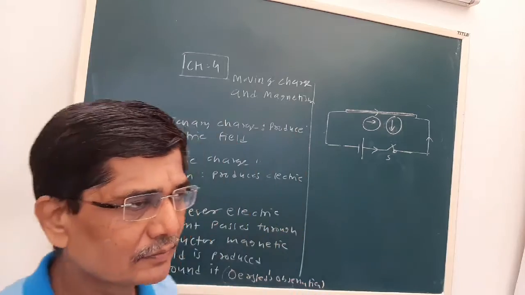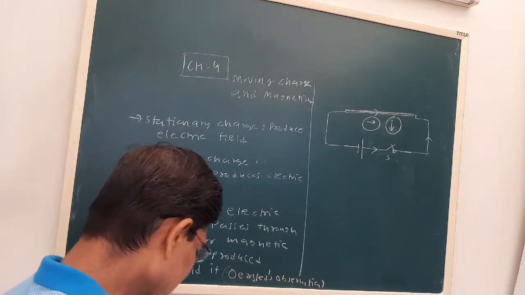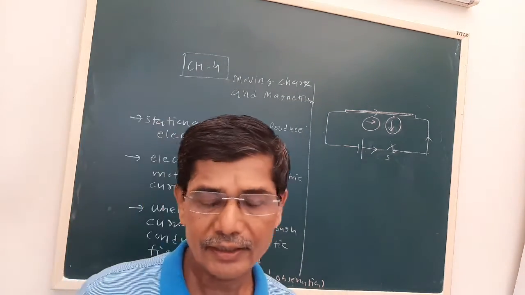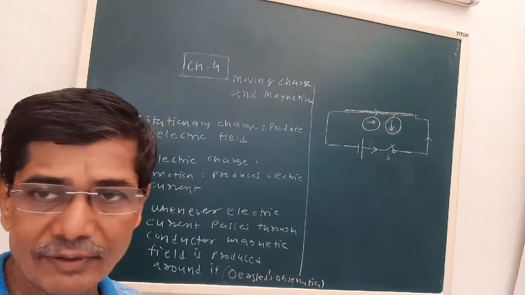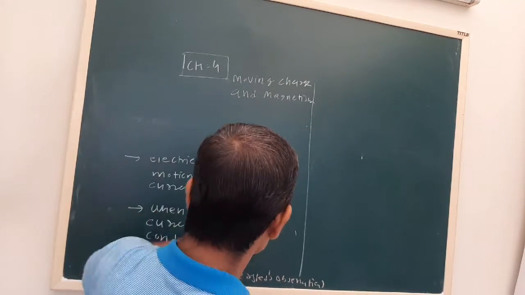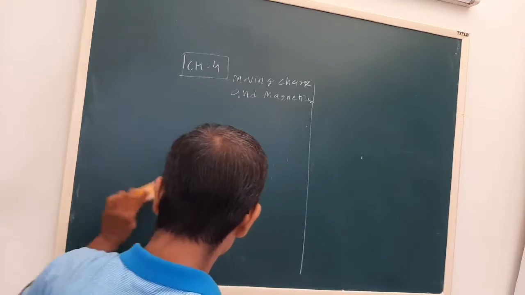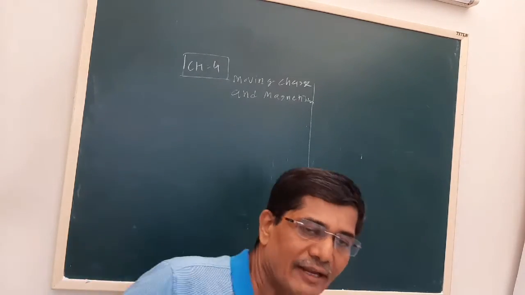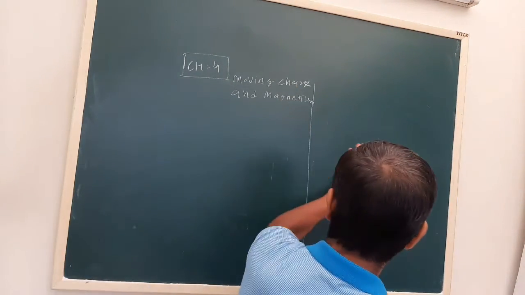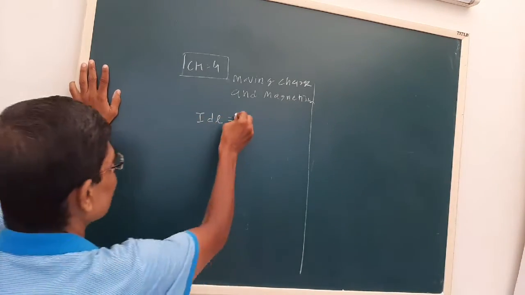That was first shown by the scientists Biot and Savart. They gave the mathematical explanation regarding the magnetic field produced by a current carrying conductor. That is the most basic idea, or we can say the first principle by using which we can obtain the value of the magnetic field. For that they gave the concept of IDL, that is the current element.